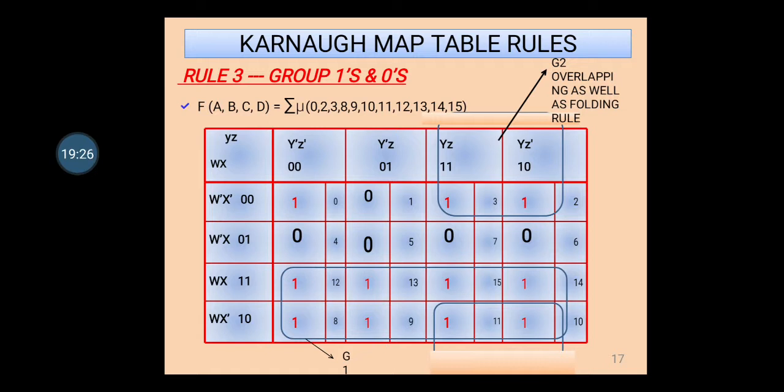And for group 2, you can check here, the upper row and the lower row are used. Here the folding rule is used as well as the overlapping rule. Overlapping is because from the group which is already formed, we have used 2 ones. And the folding, because the table is actually foldable. So the upper row and the lower row we have grouped, and if you fold the table likewise, the two upper ones and downside ones will come together and form a group of 4, and hence we get group 2. So there are two groups in this table.